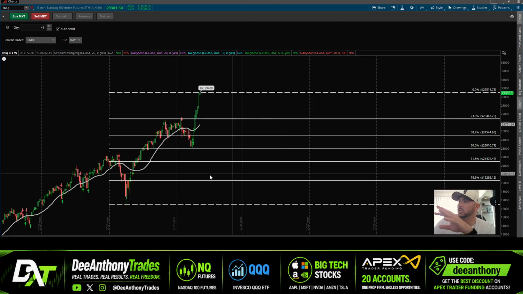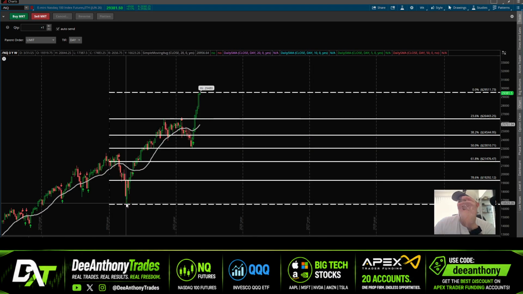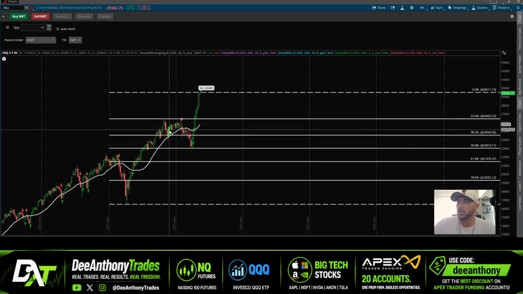If we look at the lows from the 2025 April tariff sell-off all the way up to this consolidation, a lot of people are getting it confused between the end of October, November, December. The markets really didn't do anything. If you're a day trader and you trade prop firms or personal capital, it doesn't really matter. At the end of last year in 2025, you made a little bit of money long, a little bit of money short, long, short. And you zoom out and look, and we're really not making new highs. We're not making new lows.